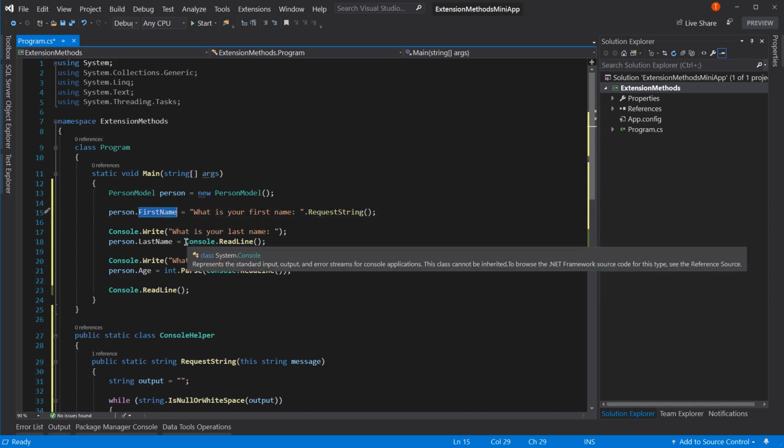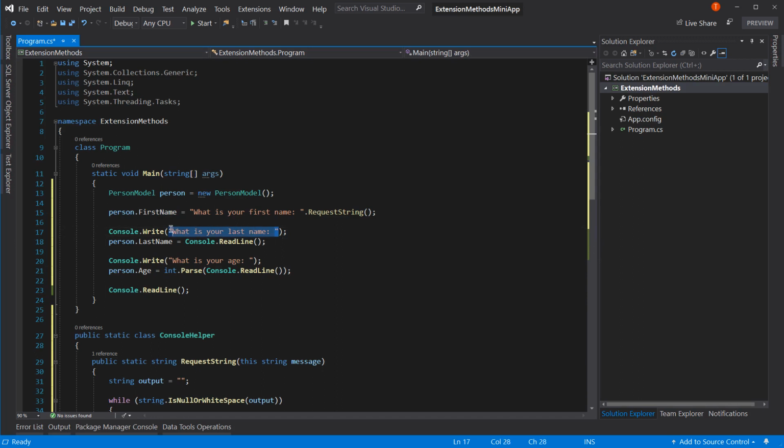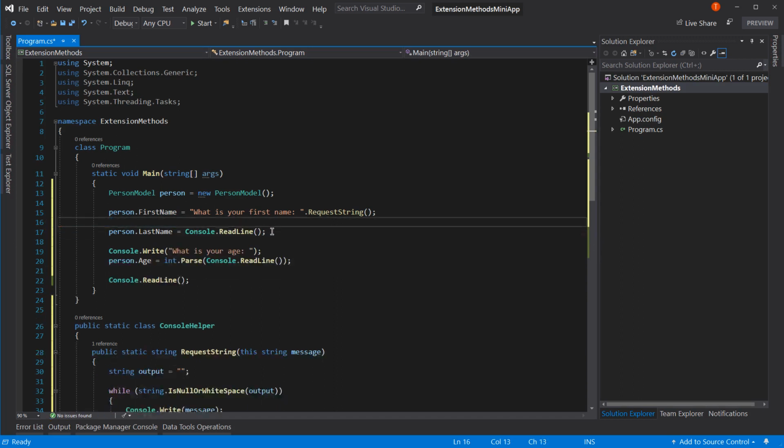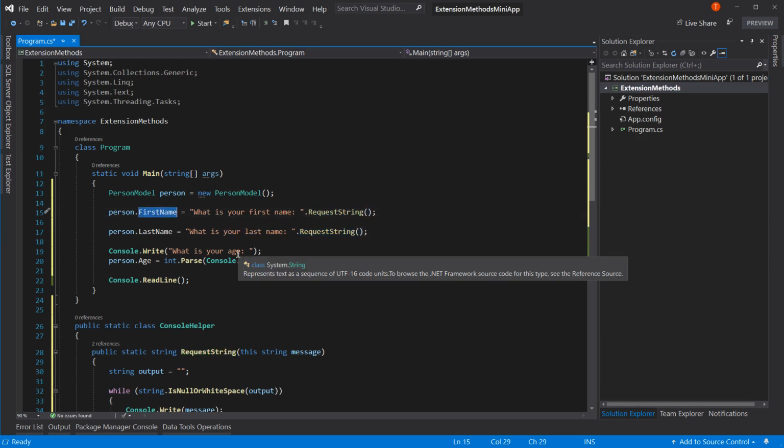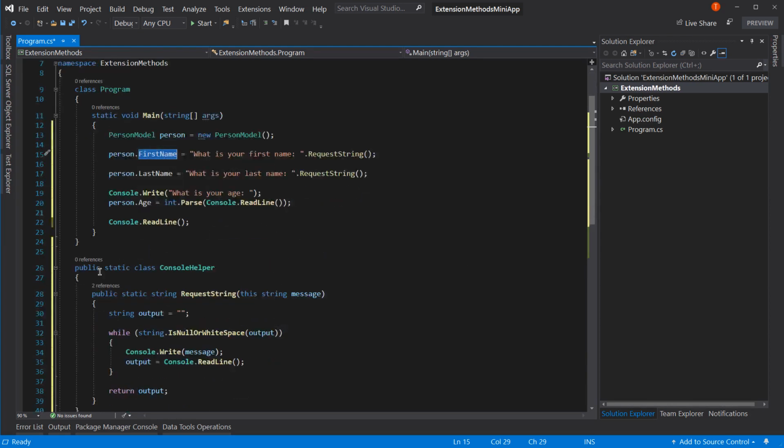I can do the exact same thing then with this. I can cut this out. I can delete that line. I can delete this. I can say request string. And now this is what gets passed in, and it requests it, and it gets back the value. And it's always going to be an actual value, not a null or empty. Now, an integer